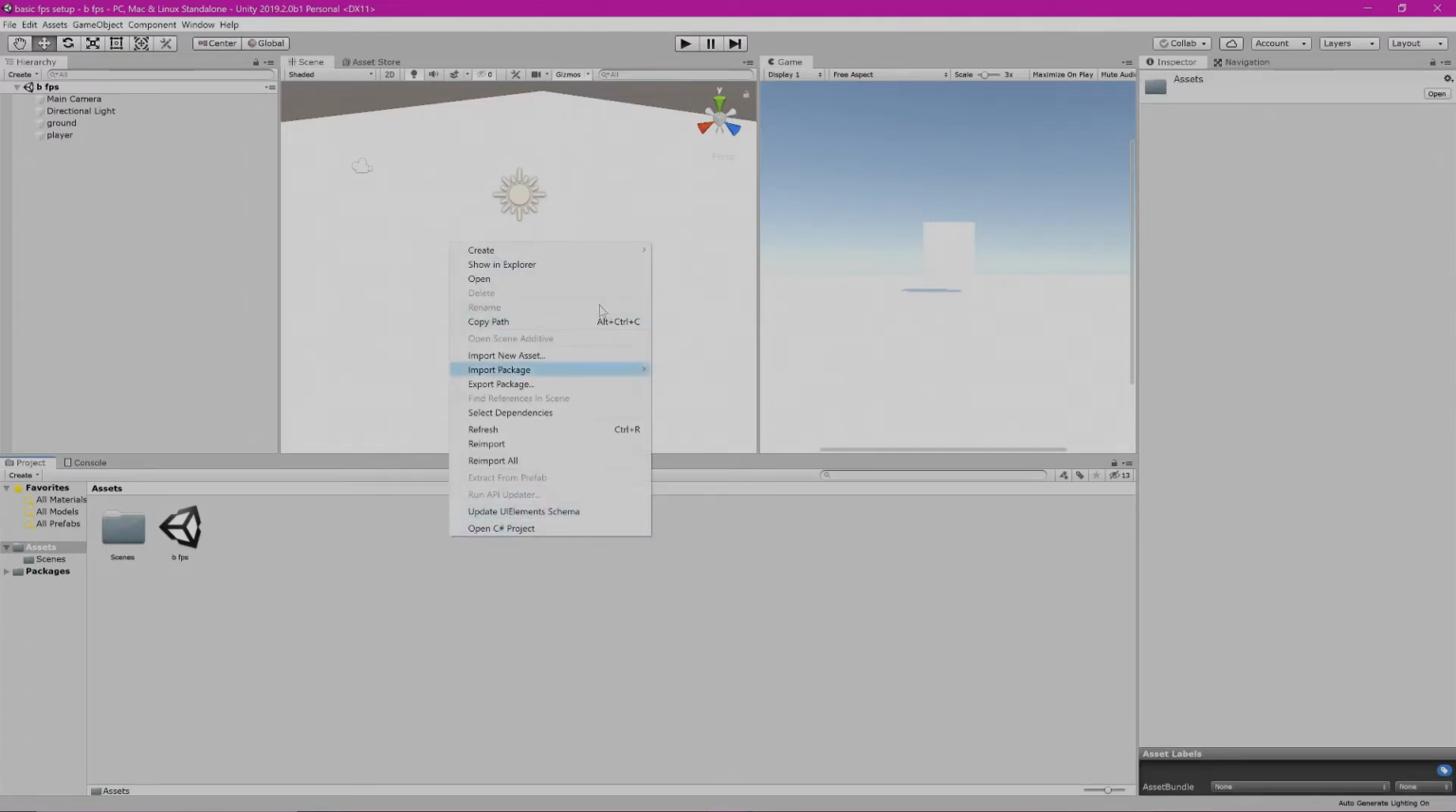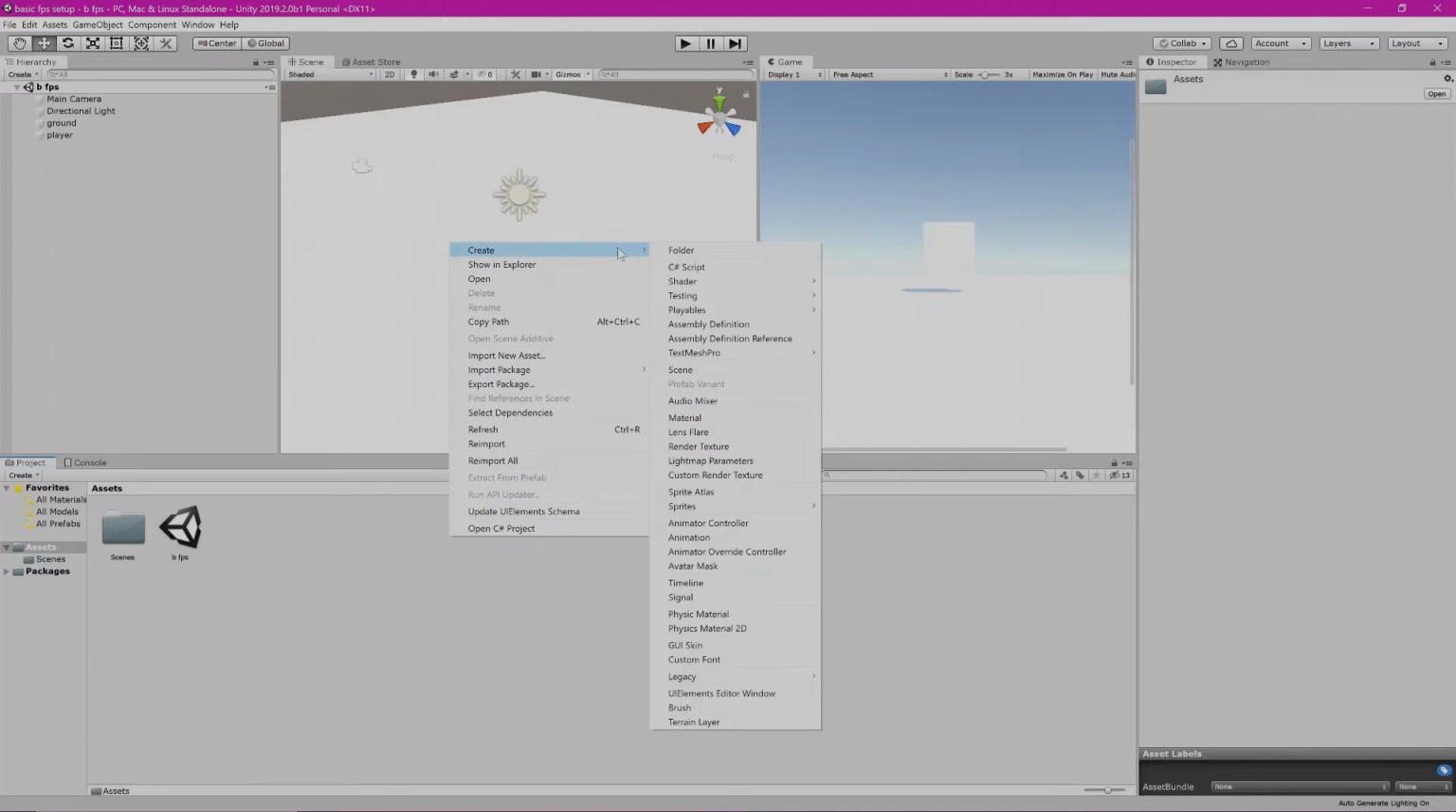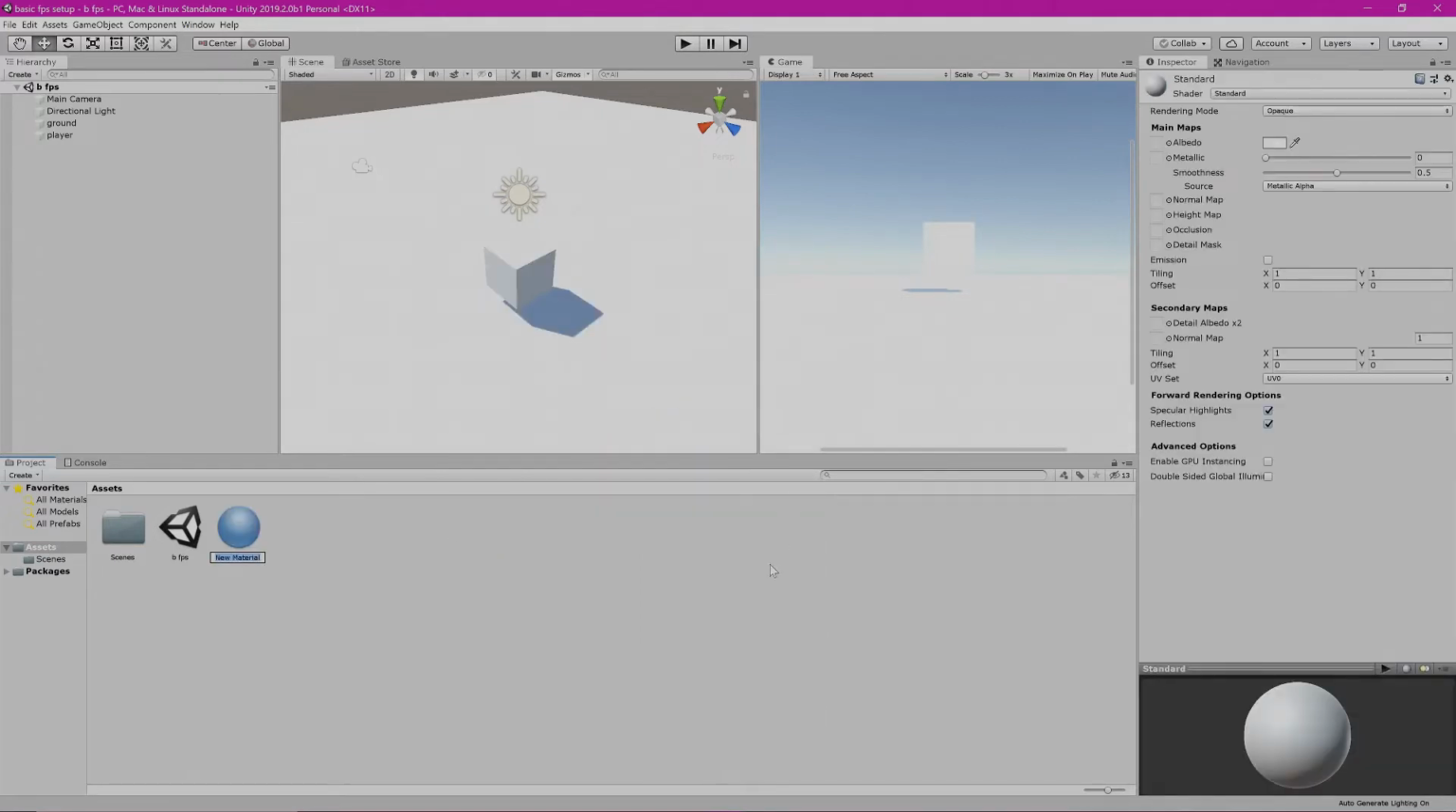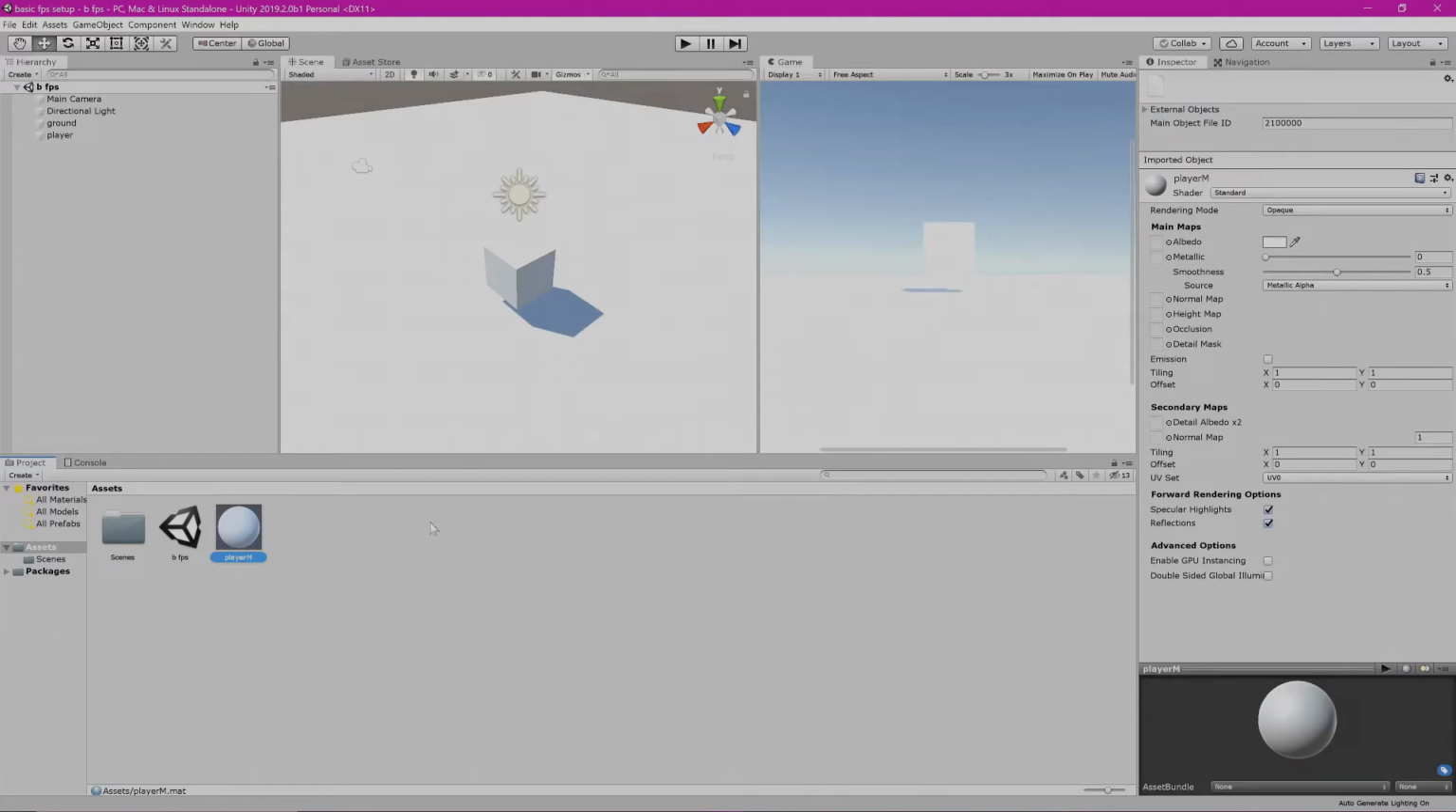This brings up this menu here. We're going to go to create. We're going to go to material. We're going to left click on material. We're going to name this player M, short for player material. And then once we do that, we can see to the right, we have this